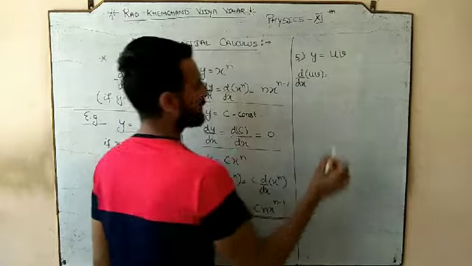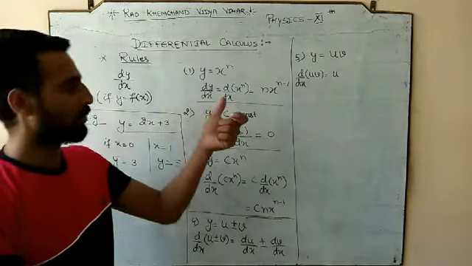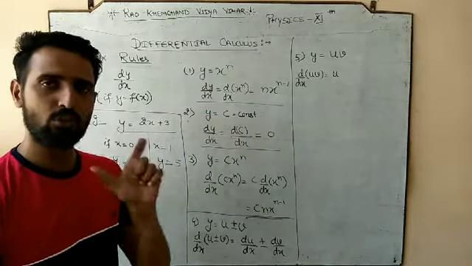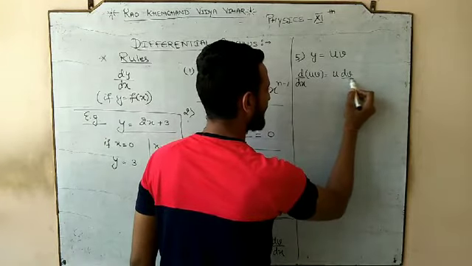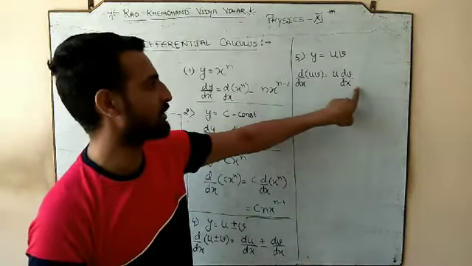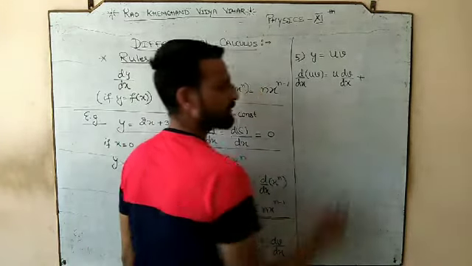So the product rule says the first term will be as it is. What is the first term? U. So u should be as it is. U को वैसे का वैसा रखना है जैसे है. First of all, second term would be differentiated with respect to x. V का differentiation करेंगे किसके respect में? X के respect में plus.